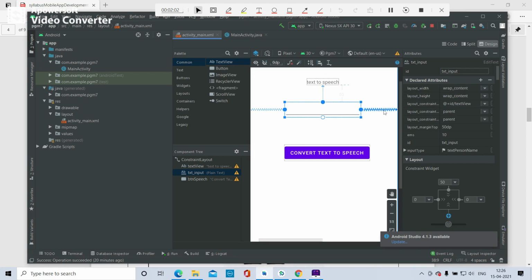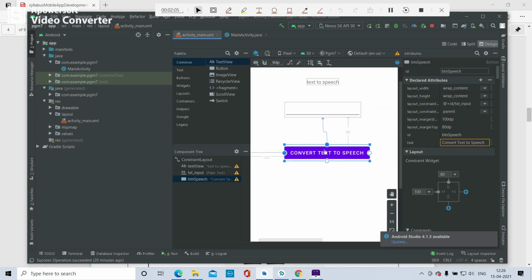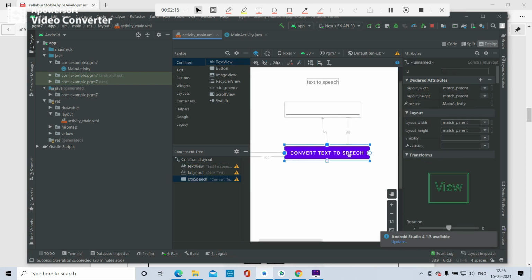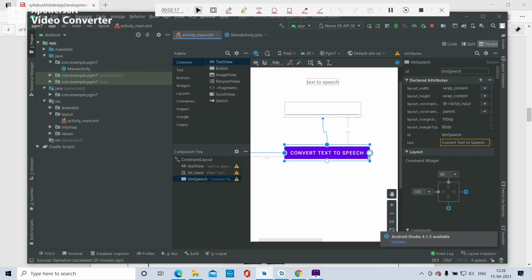The right handle is connected to the right of the parent, and the button's top handle is connected to the bottom of the edit text. Left is connected to left of the parent, right is not connected. It is required to connect only two handles, one vertical and one horizontal.